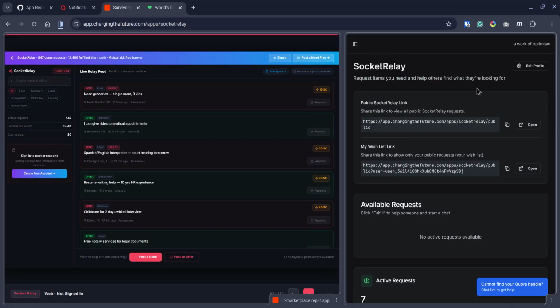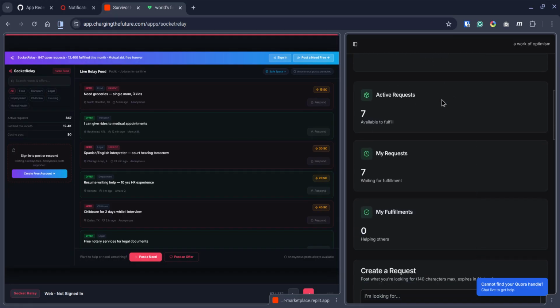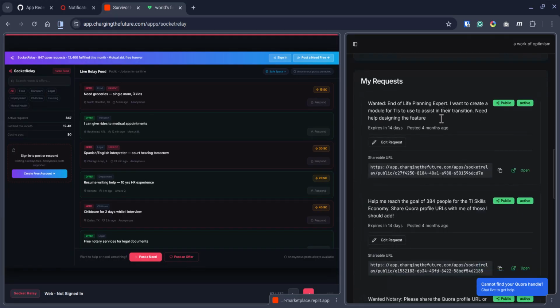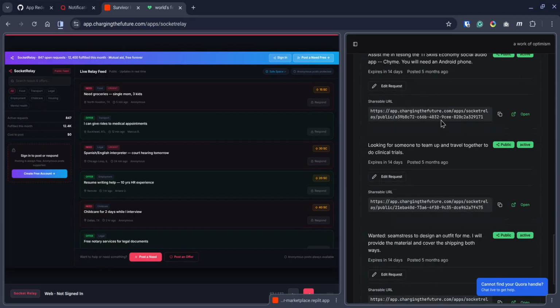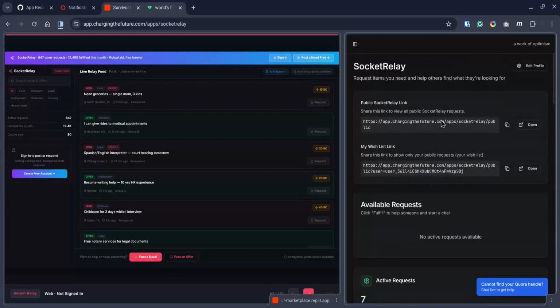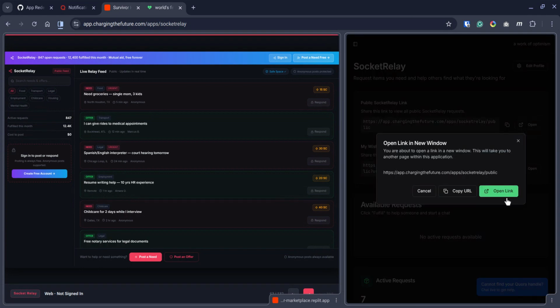To the right, we have version 2, and the core feature doesn't change. It's really going to be a user design change that's happening. On the right hand side here, this is my real profile where I have made several relay requests. I can go to the public page of SocketRelay,